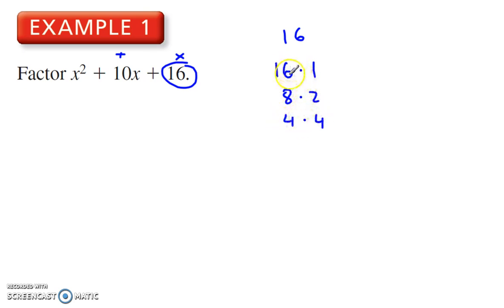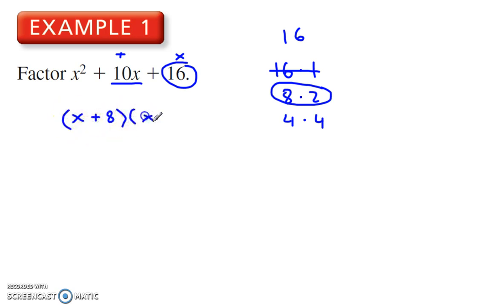All those could give me 16. Now I want to go through this list and see which one of these can I add up to give me 10. 16 plus 1 would be 17, so that doesn't work. 8 plus 2 gives me 10. Positive 8, positive 2. So I know this had to be x plus 8